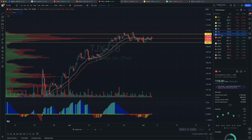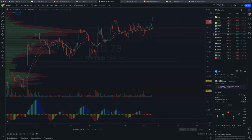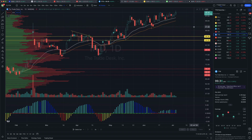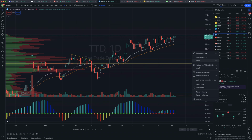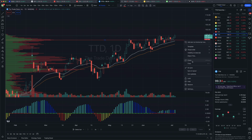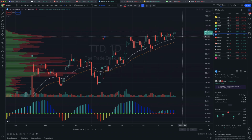TTD. I think I was looking at this on the daily, right? This is hella extended right now. It's pushing new highs at the moment. But I'm going to get rid of the rest of these drawings. I'm just going to put in a red line here at this point of control level. And then I'm going to set an alert on it so that if we get a pullback into that level,